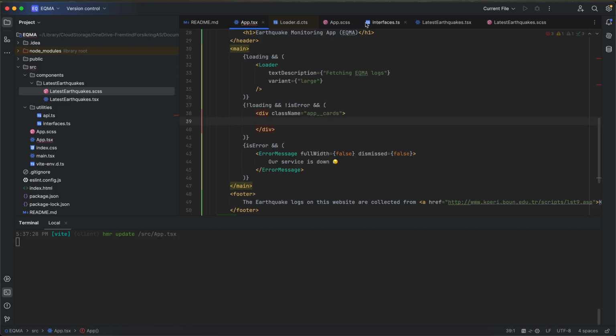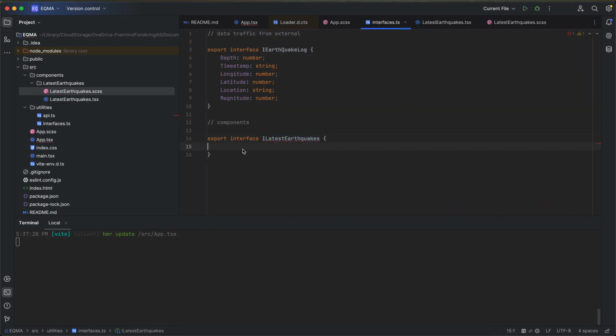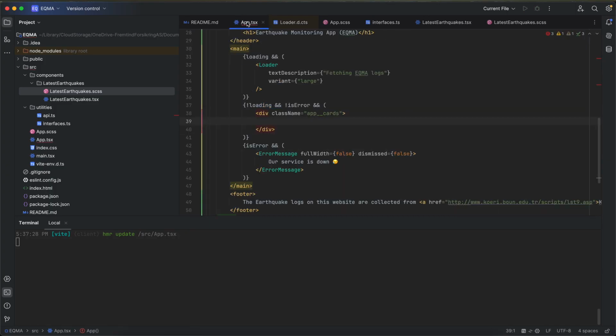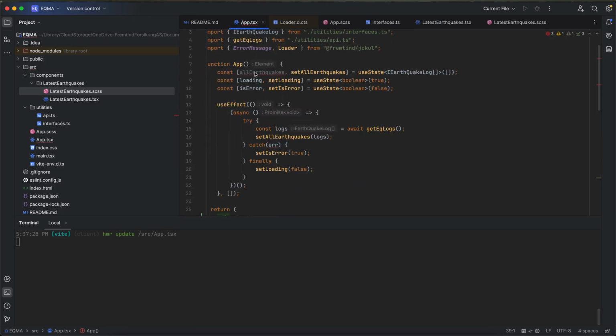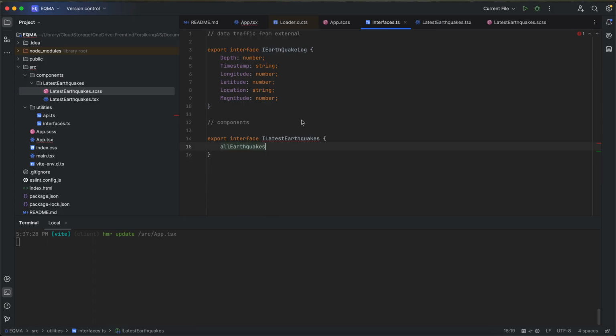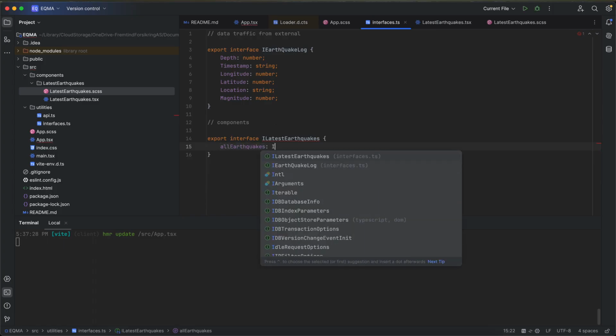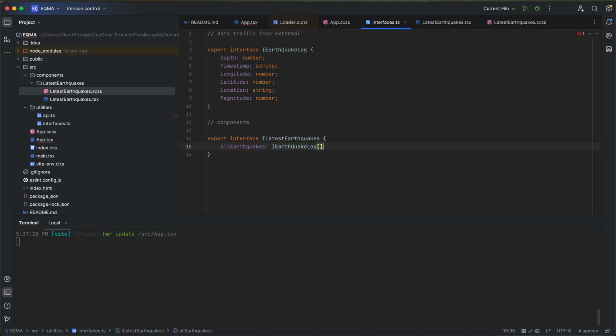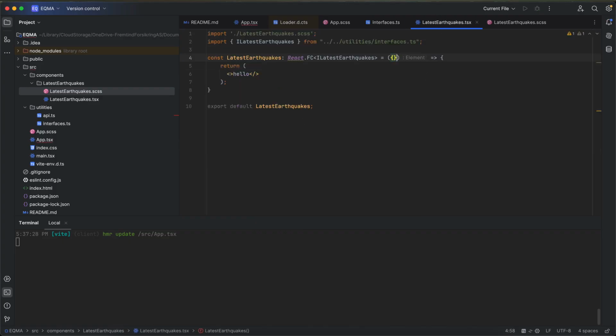It should receive only the all earthquakes, like this one. And I write it here, and its type is IEarthquakeLog array, so that we will be sending the whole array into this, and I receive it here,